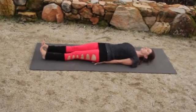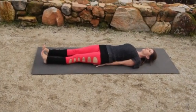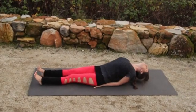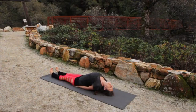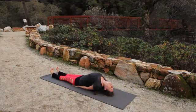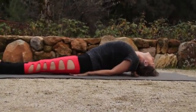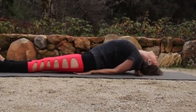As you inhale, you're going to press down into your hands, pulling your shoulders in towards your body as you lift the sternum off the floor and bring the crown of the head down to the floor. Matsyasana, fish pose. Now you can pull the elbows in a little bit more, but the crown of the head stays on the